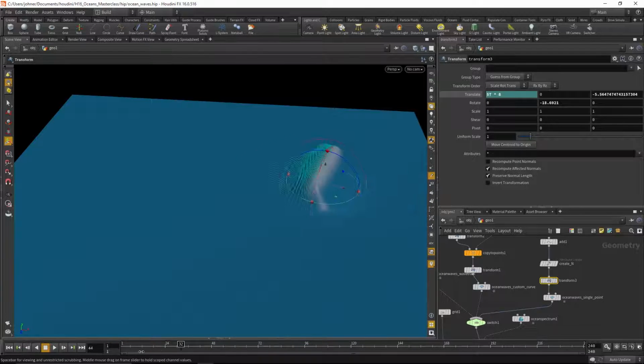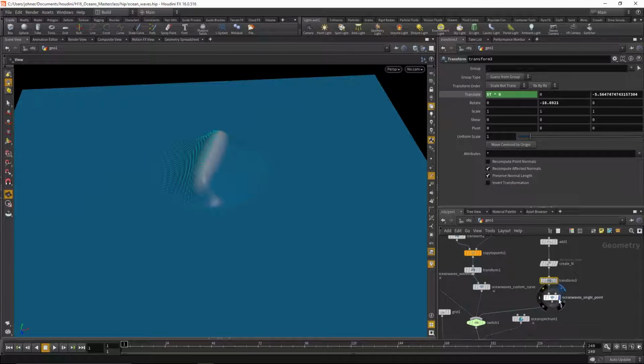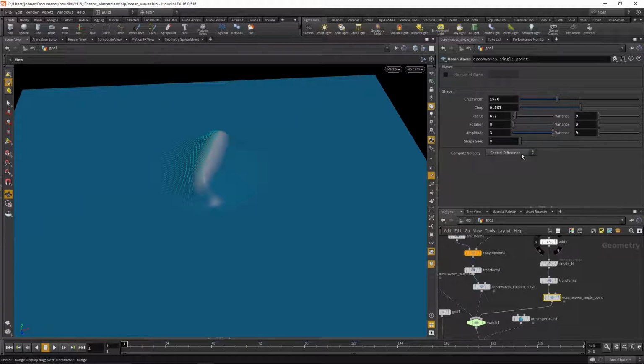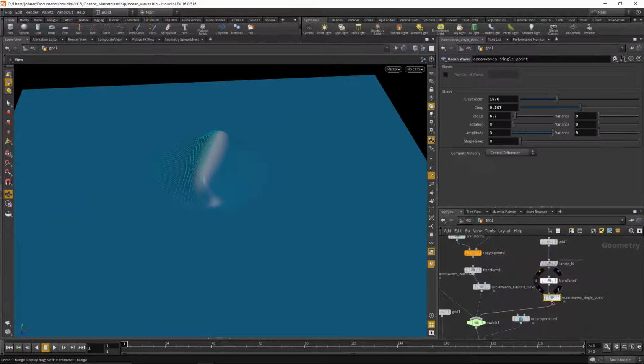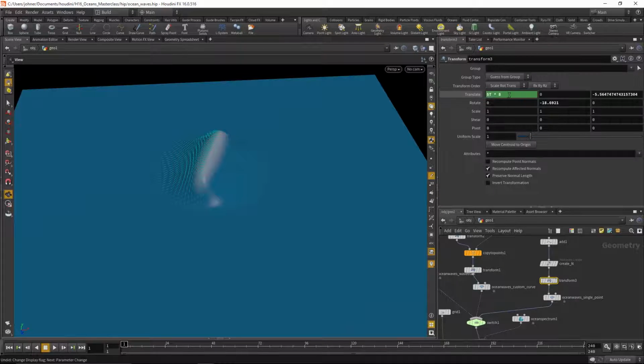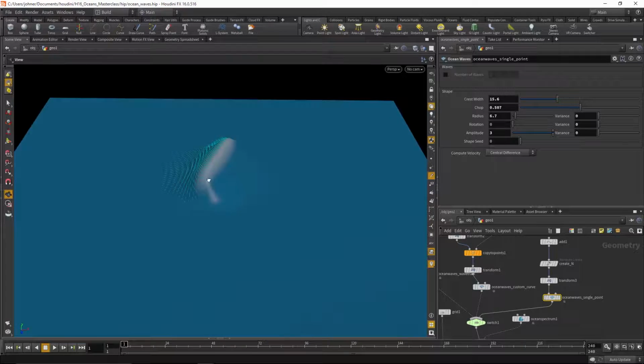And let's see where it went. There it is. So now you can see that because we have an animation, it's doing this central difference computing velocity. It's basically a trail SOP internally. This is just an asset, as you can imagine, a Houdini digital asset. And then the transform, since it's moving it now, we're calculating velocities on this incoming point and then transferring those